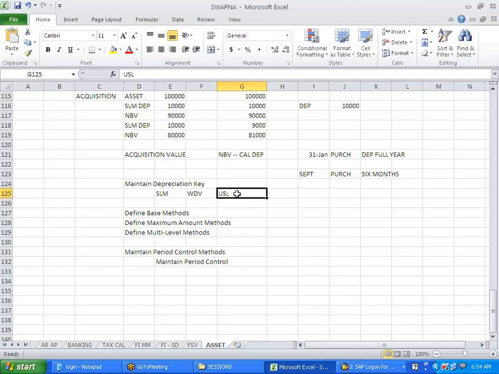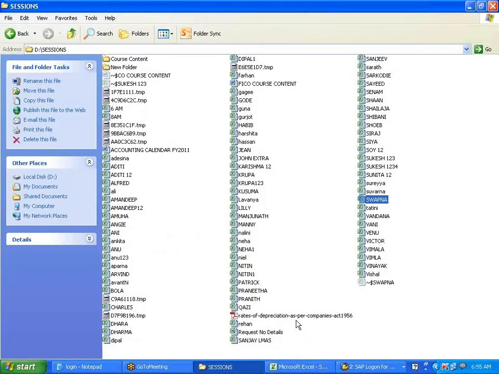What I have done for one client is useful life only. On what basis do they decide that useful life? I told you last time, it is the chart that will be given by the government. Based on the chart, we have to define that, as per the law of that land.